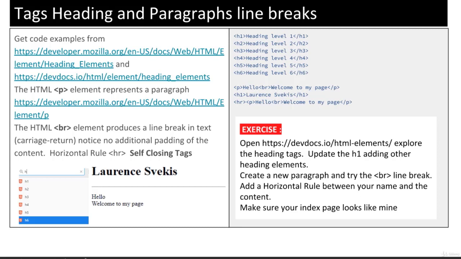Use the H1 tags within your HTML file, create paragraphs, and then add some line breaks within those paragraphs, as well as try out the horizontal rule. Add in your name, use the horizontal rule, separate it out between the paragraphs, and see what happens. Try to get your web page to look like this, where you've got your name, the rule, and then the